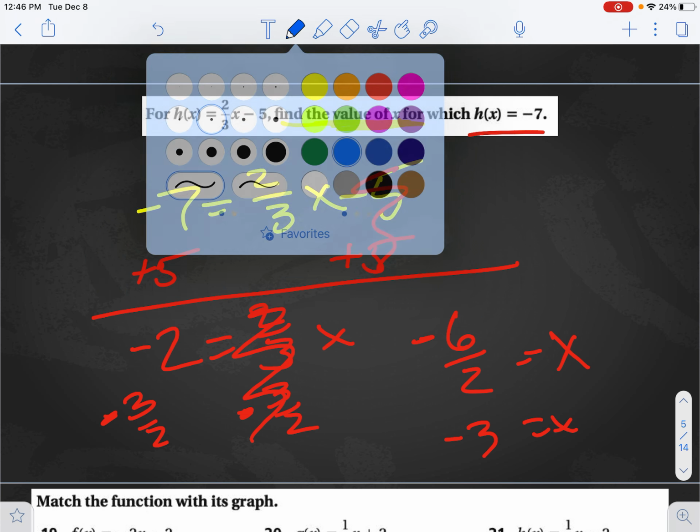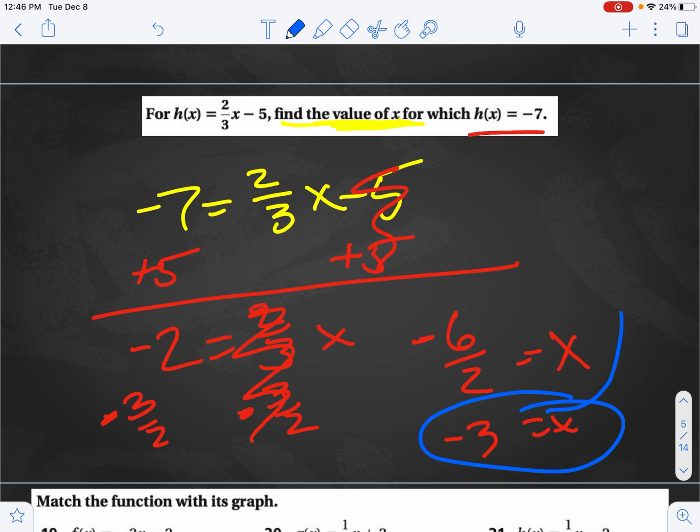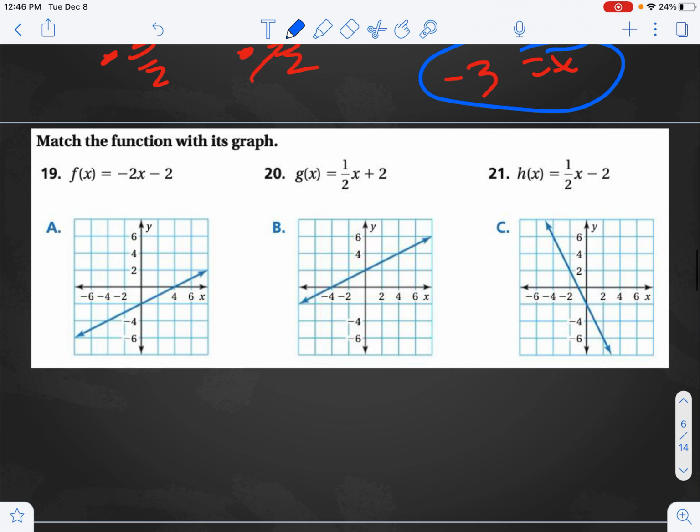I know you guys know this, but I can check my answer by taking that x equals negative 3, plugging it in for x, and if I get negative 7, that means that I did it correctly. But this is another type of problem you'll see on your homework. The last type of problem that you'll see on your homework,